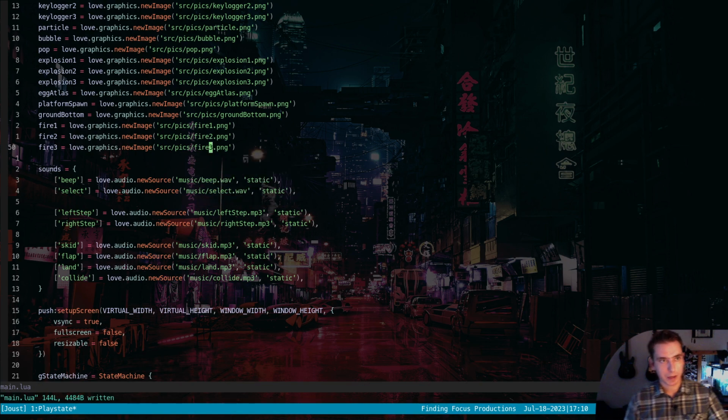So now we've got them as drawables as far as Lua is concerned, so now let's work on getting them to animate. We could do just one drawable and change the quad, which is probably what we should have done, but